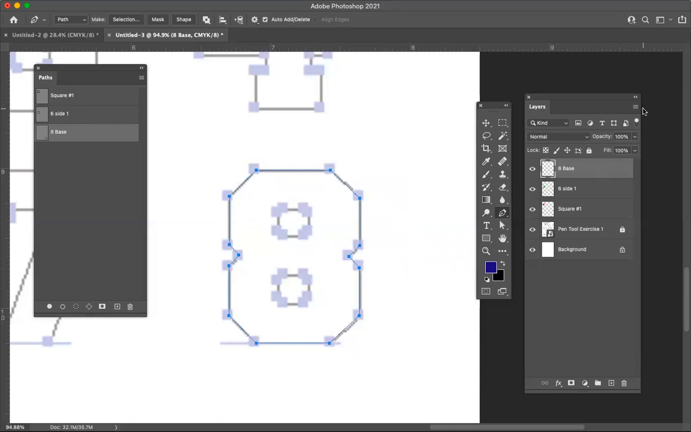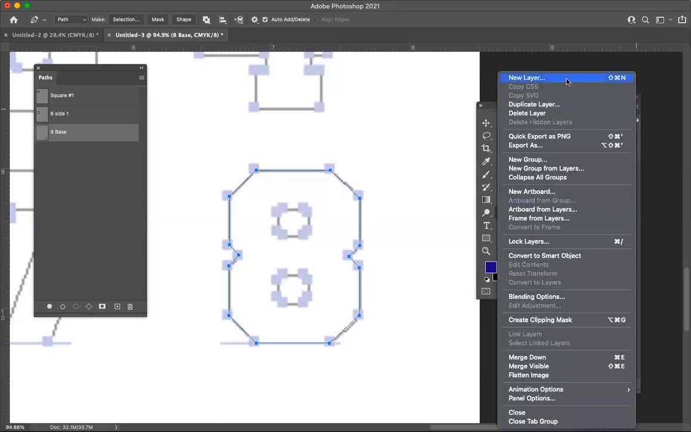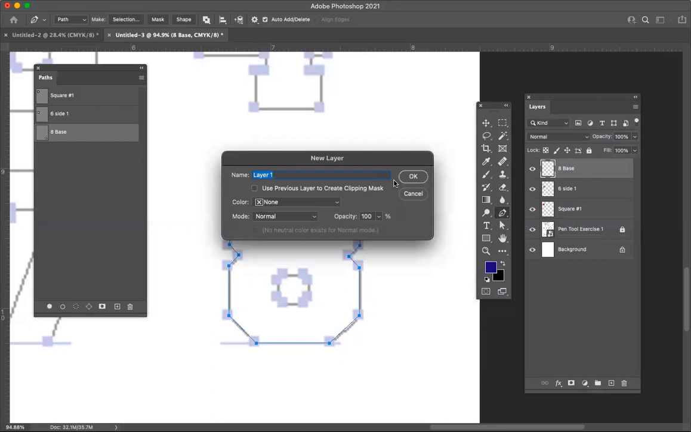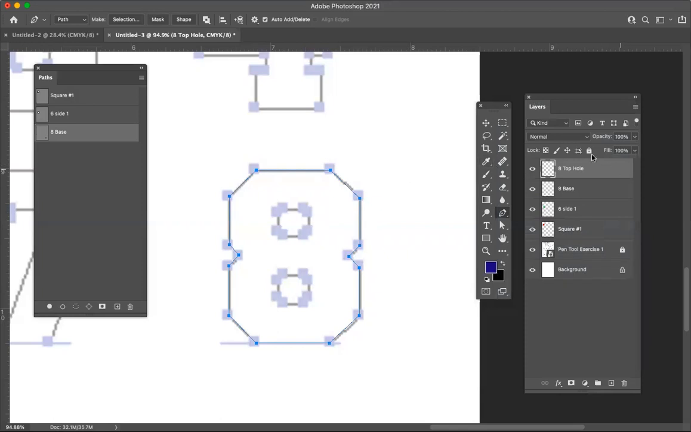All right. And we're going to create a new layer to make this hole in the number 8 here. Okay. So we'll say new layer. And we're going to call it 8 top hole. And click OK. So we have an 8 top hole layer, but we don't have an 8 top hole path, and we need to make one. So we're going to click off of the 8 base